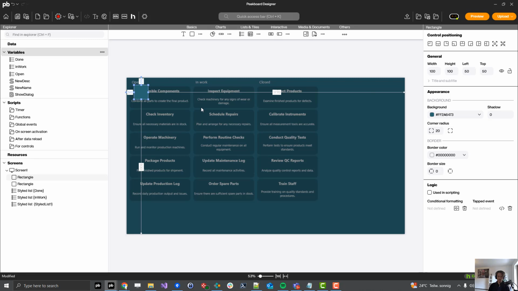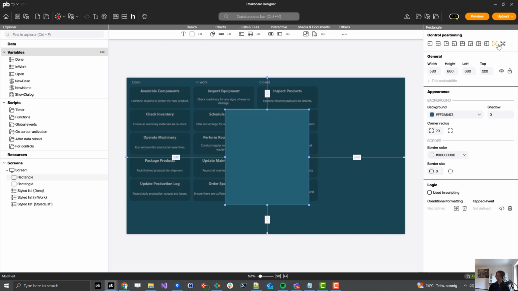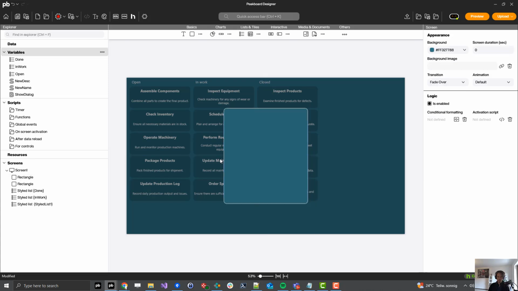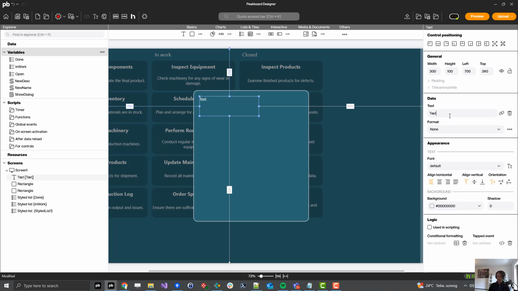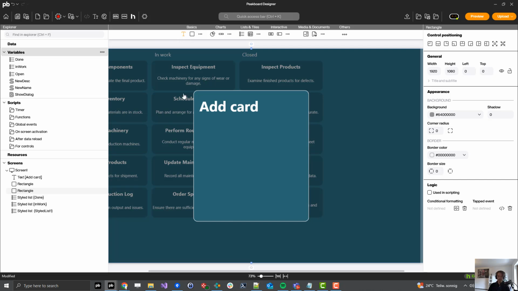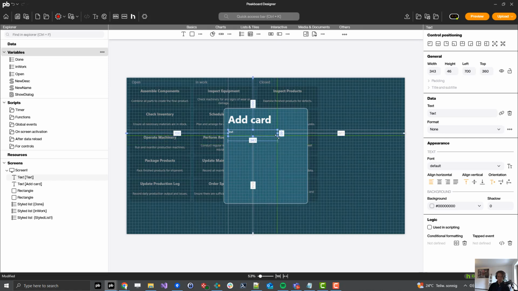Let's add another rectangle, and we can just place this somewhere like this. And I will put it into the mid and give it a border, a white one. And now I just proceed by adding this title. So this one I just call add card, and the font here will be header 1 to make it big. And now I will add another small title here for a text box I will add in a second,